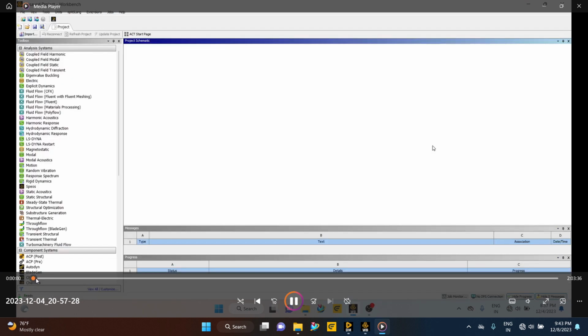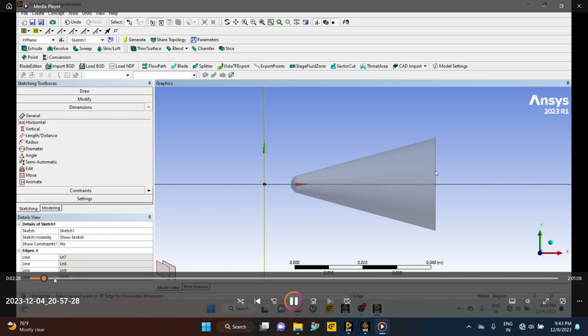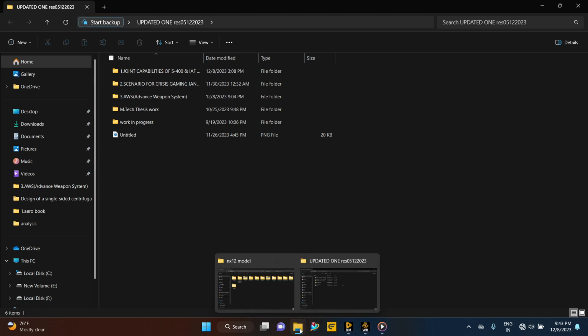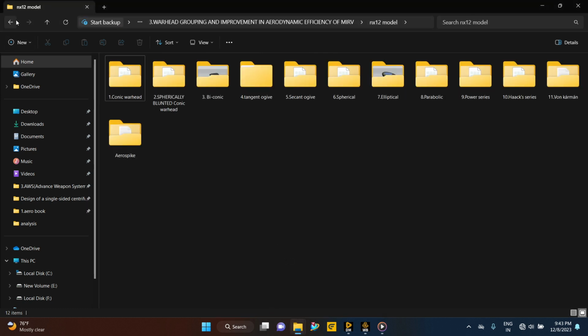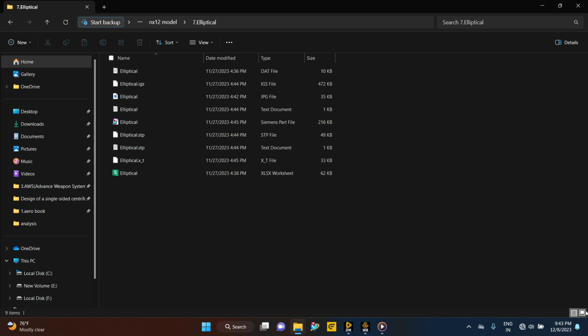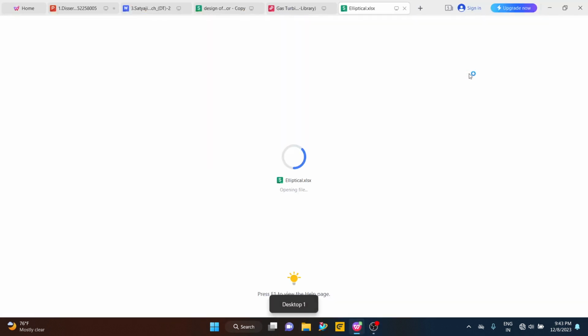First I import the model which I have generated by using the coordinate calculator prepared by me. So these are the different kinds of single warheads. For any one, like the second one, you can go inside, click, and it will take you to a coordinate calculator